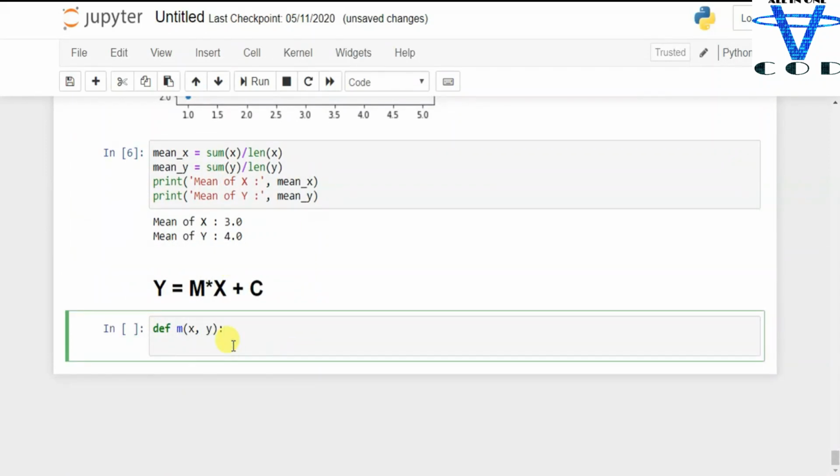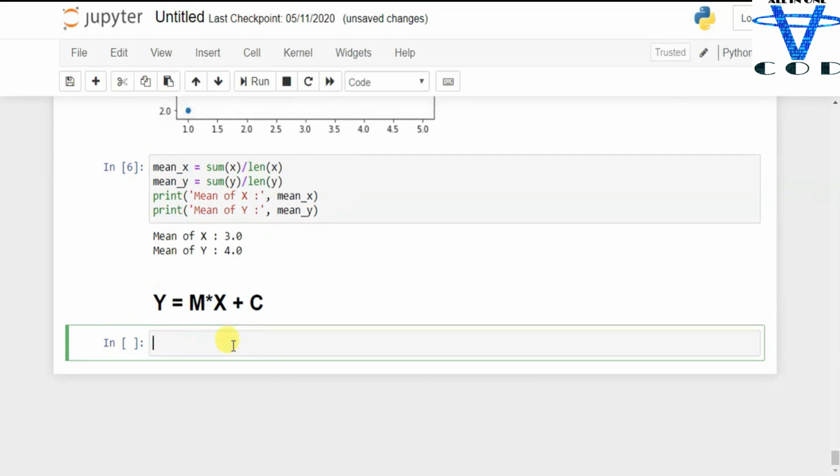So this is the equation of m. First I'm going to remove this, and then the equation of m is equal to the sum of x minus x bar into y minus y bar, divided by the sum of x minus x bar square.